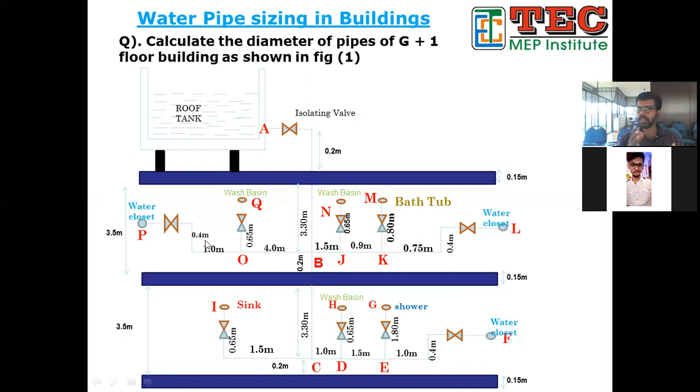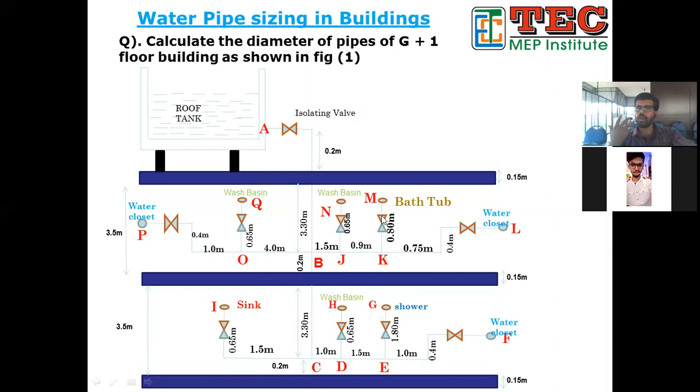We have already dealt with these nodes for piping, for sizing the pipe. We have seen different pipe sizes according to the node. Node means EF is a node, EG is a node, DE is a node, DH is a node, CD is a node. We already know the pipe size of EF, EG, DE and EH, by the help of three different methods.